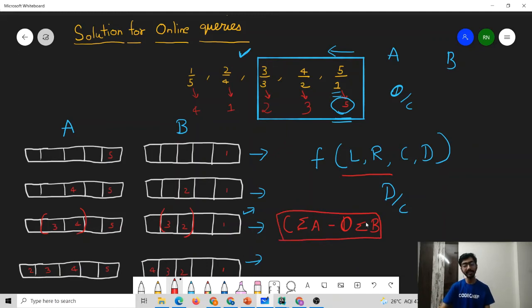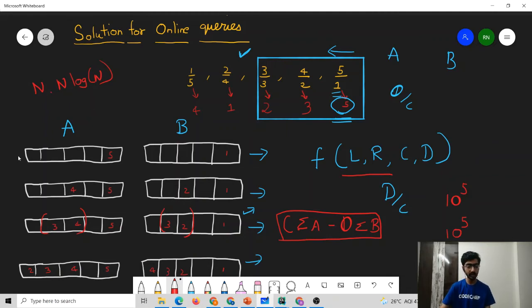In this way we can easily solve this problem, but there is a catch. If we try to maintain n different segment trees, the total time it is going to take will be n times log n, which would give us a time limit exceeded verdict, because the values of n and q are both up to 10 to the power 5. This can be handled by using the concept of persistent segment tree. Persistent segment tree was a prerequisite for this problem.